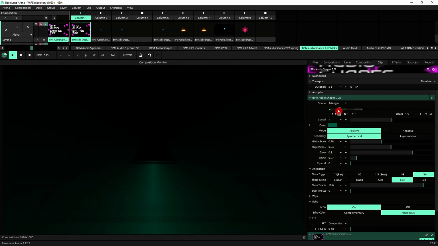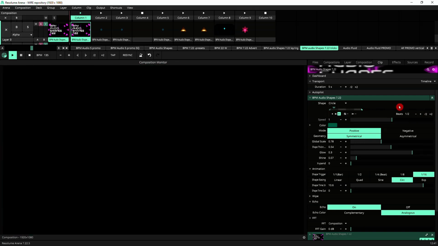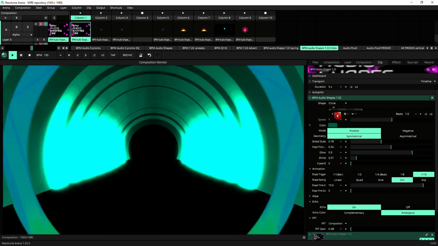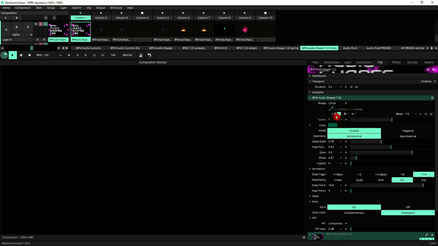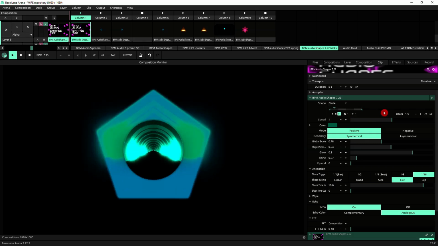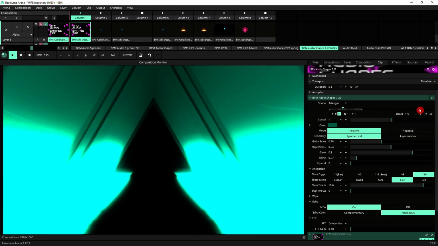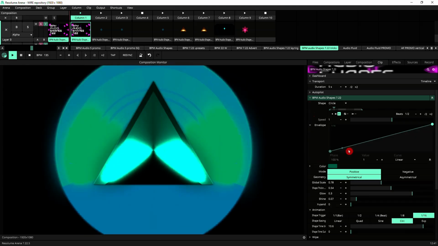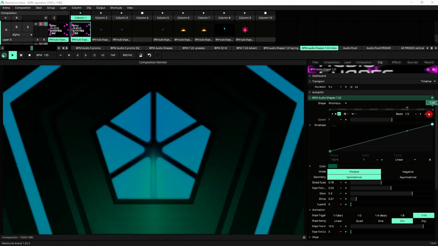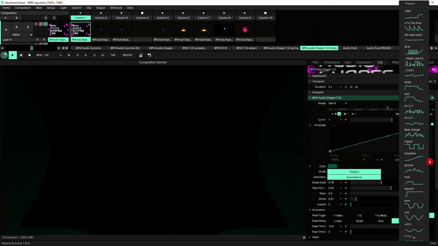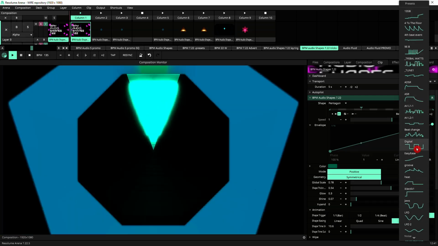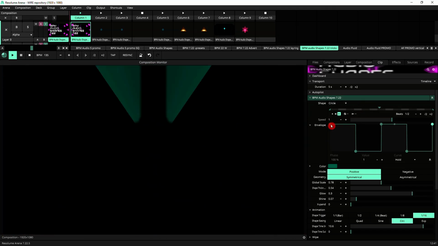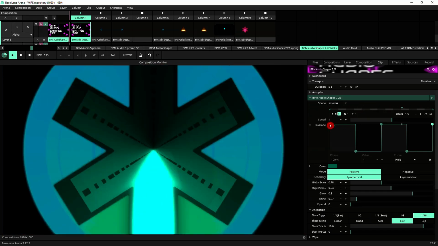Now, another way to do this would be to use an envelope here. Rather than limiting there, you can use an envelope and then it doesn't need to be linear. Right now, we're going through the first 4 shapes. But what if you just want to do the first shape, the 5th shape, and the 7th shape, for example? Well, what you do is you set up an envelope. Let's open the bracket again. And then just to speed things up, I'm going to start off by using the digital one because we want to be able to just jump straight from one value to the other. So let's just say